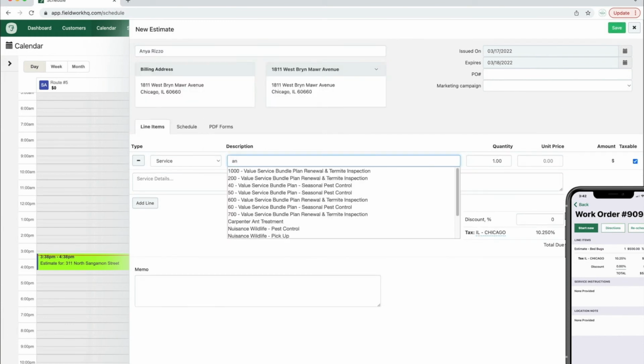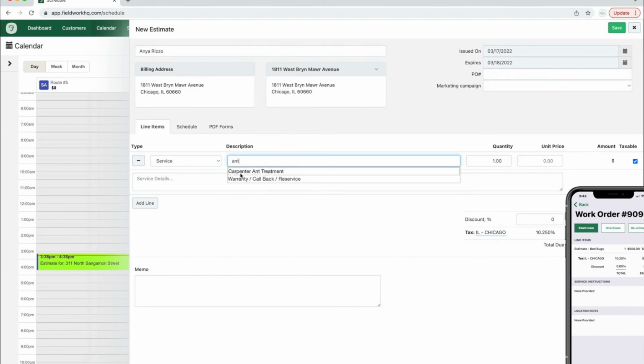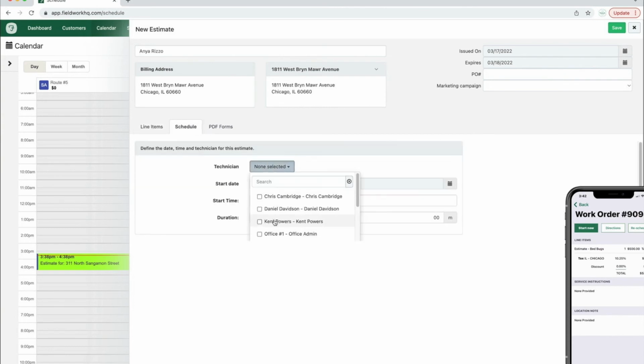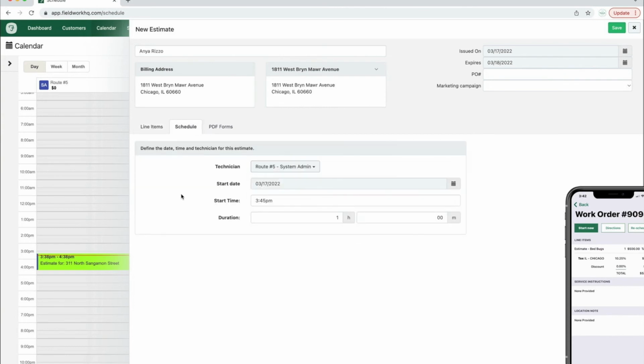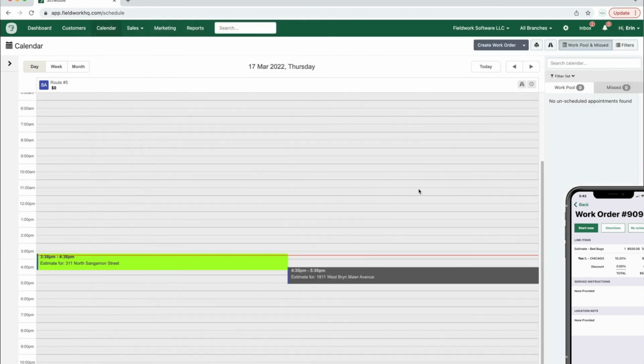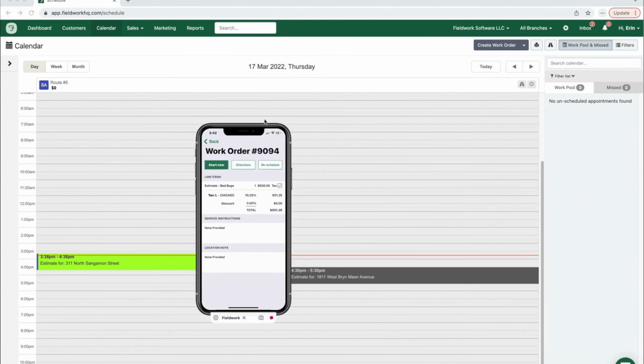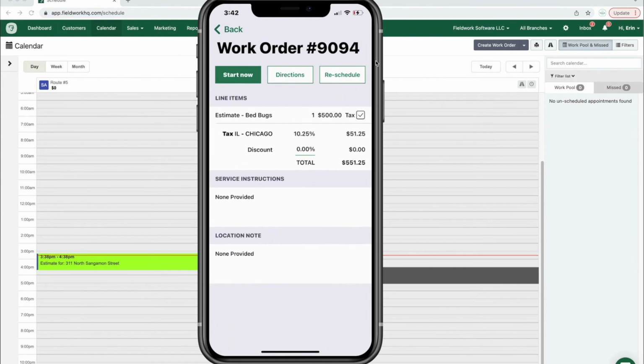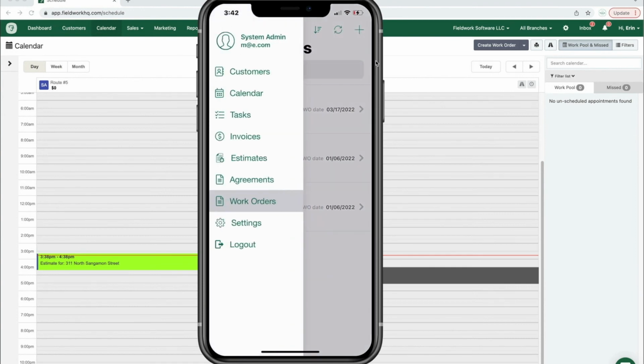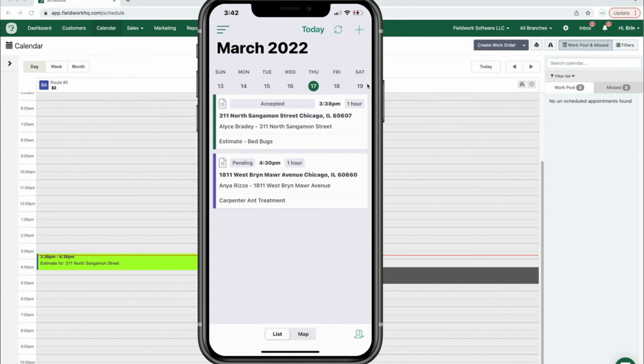So we'll say we're going for ants, carpenter ants, and then from here, I can schedule to the correct technician. Again, I'm going to choose the one that I've logged in on mobile. And then whatever date and time the estimate should be done, we'll say 4:30 on the current date, and then save. So then that shows there when I go back to my mobile. So I'm going to expand this view one more time and return to today's date. When I tap on the menu and go back to the calendar, the new estimate for this new client is